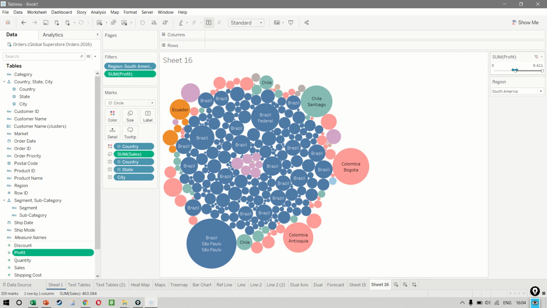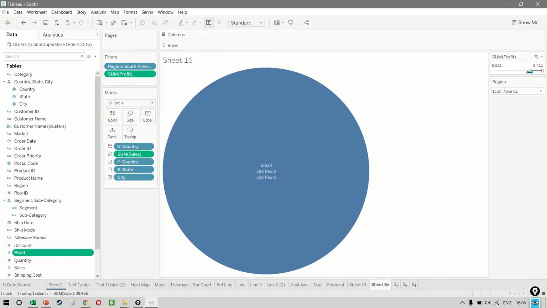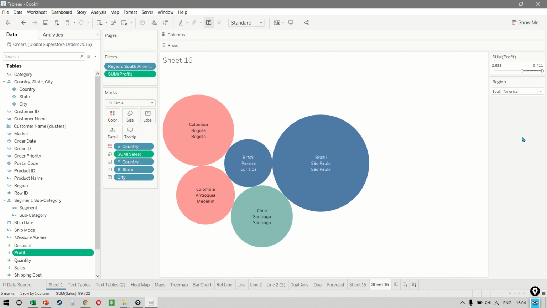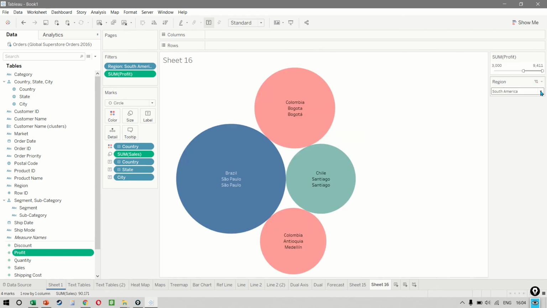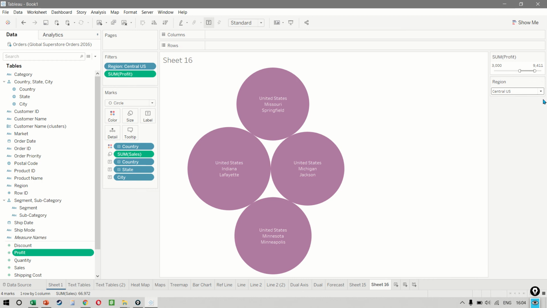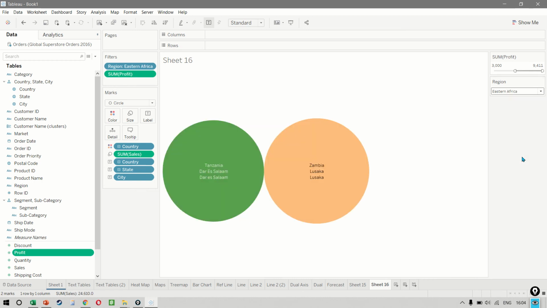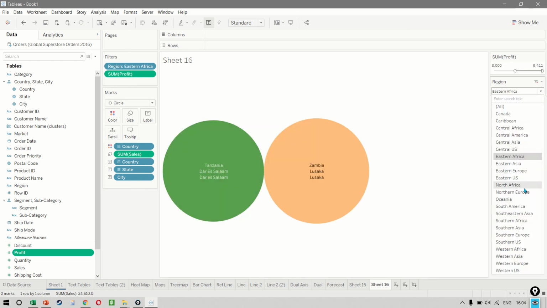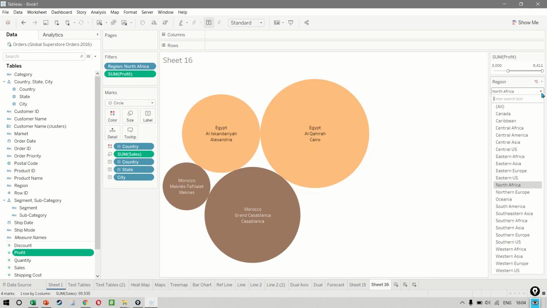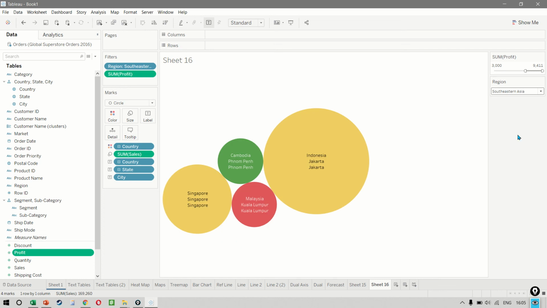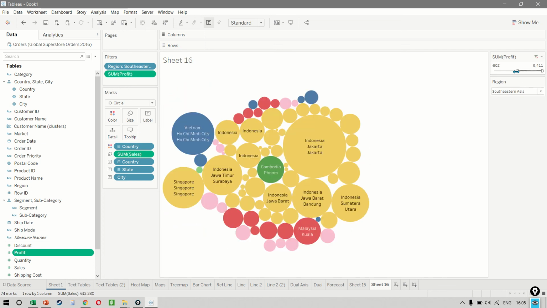If you want to be stricter, then you can control this even more. So I can say I only want to see profits that are greater than 3,000. And now you notice the number of bubbles will significantly decrease because there are very few cities that have a profit over 3,000. And of course, this can be customized by the end user. So as in how you wish to see more or fewer bubbles, you can control the slider.